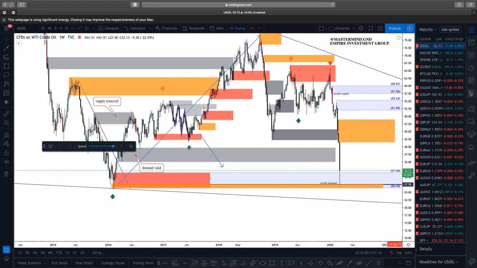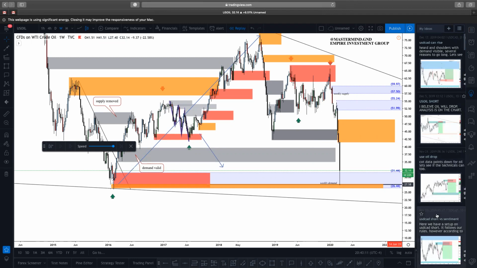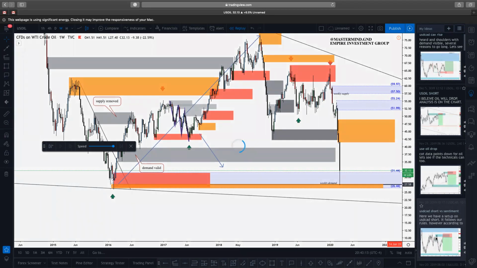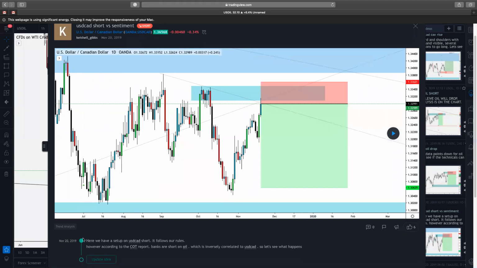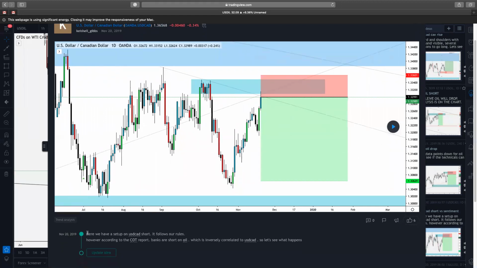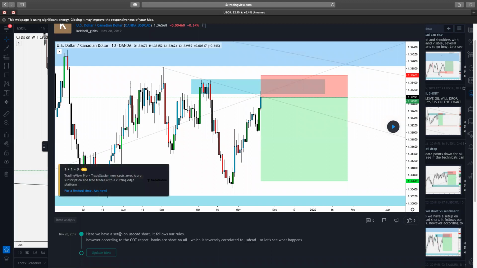So let me get an example I was watching today. This is a trade from one of the trading journals, right? This is a signal I sent out on November 20th, 2019, right? Here, look what I said. Here we have a setup on USD CAD, short. It follows our rules. However, according to the CRT report, banks are short on oil, which is inversely related to